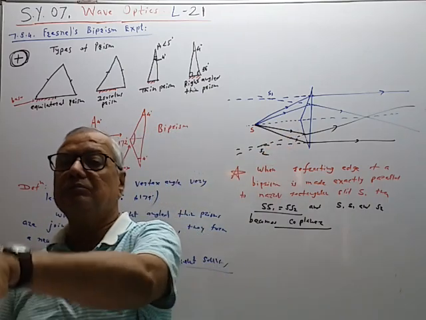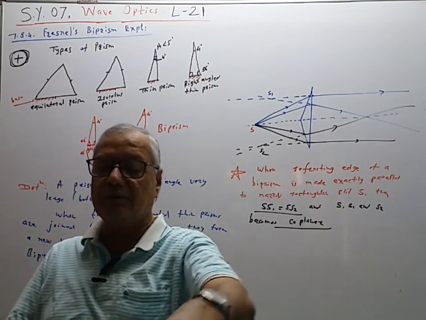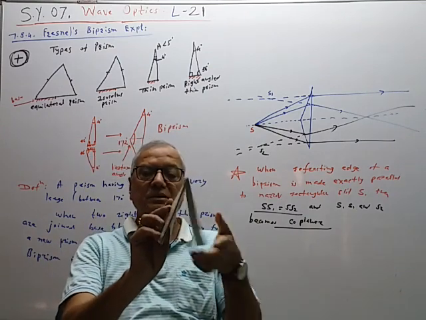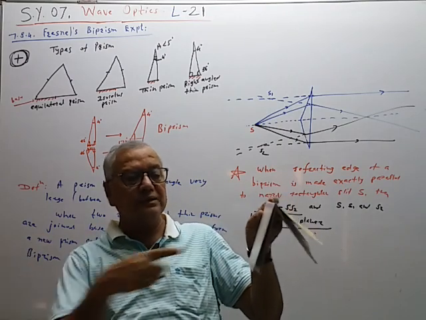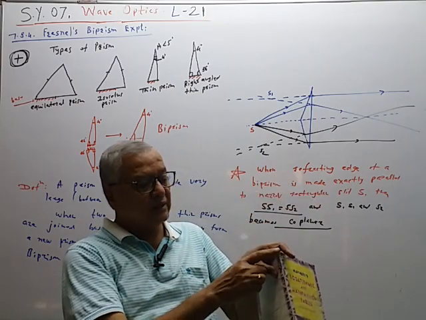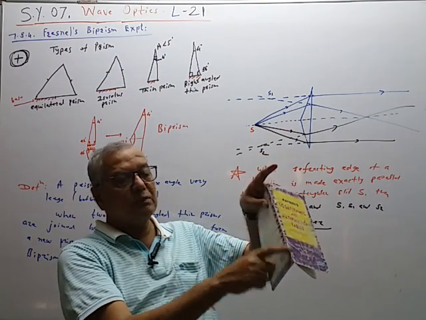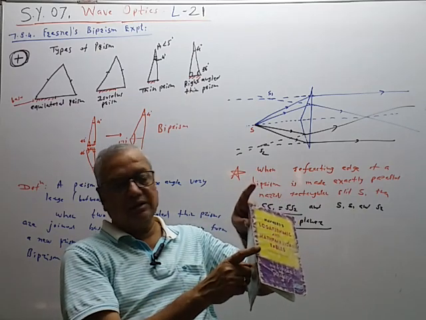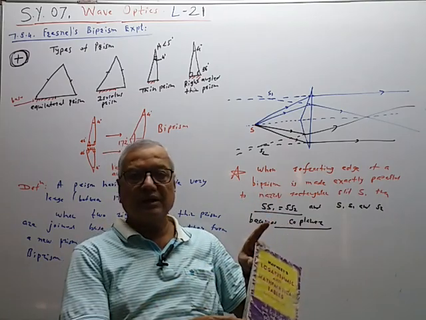So we know the meaning of the refracting edge. Last year we have seen the different terms related with the biprism, with the prism. So if this is a prism, then on this side there is a base. These are the two transparent surfaces. Light is incident here, it will emerge from this. So these are two refracting surfaces and this is the line joining the two refracting surfaces. This complete line is called a refracting edge. We already know the definition: the straight line joining the two refracting surfaces of the prism is called a refracting edge.